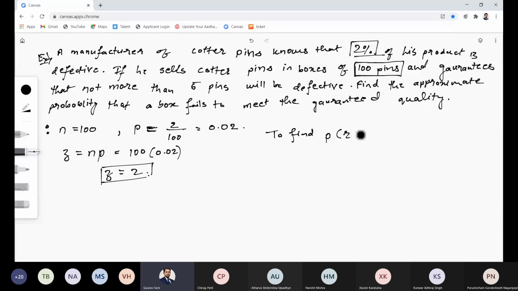Probability of r greater than 5. The probability of r is given by e to the power minus z, where z is 2 in this case: e to the power minus 2, 2 raised to r upon